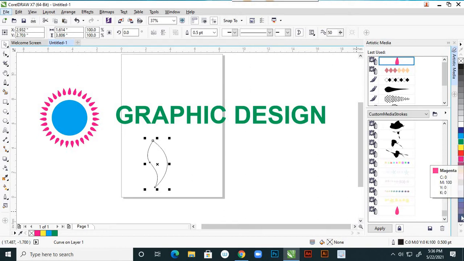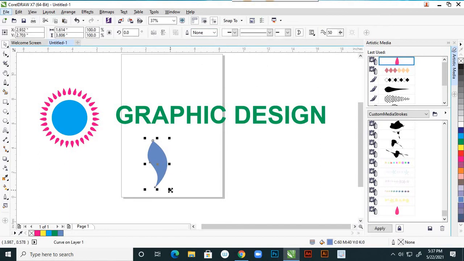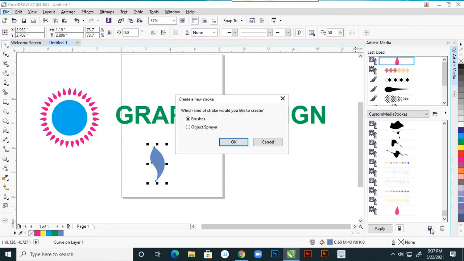Here you can fill any color. Suppose I'm giving some different color, and I want to remove the outline. So set the outline to none, and you can make it a bit smaller. Now you can add this into your custom artistic media strokes. Just click here, save object sprayer.